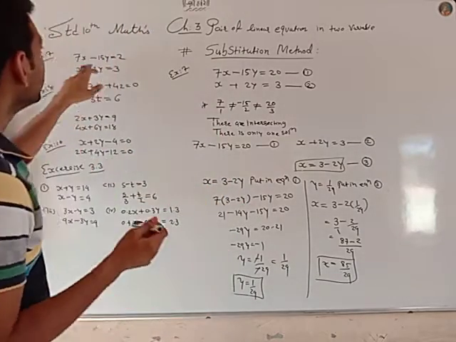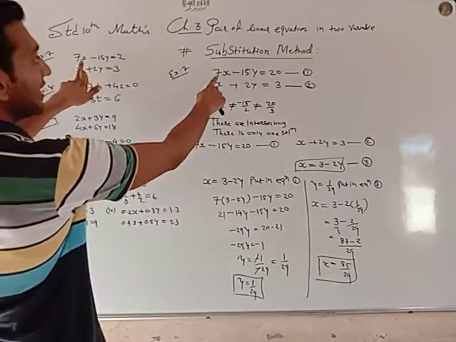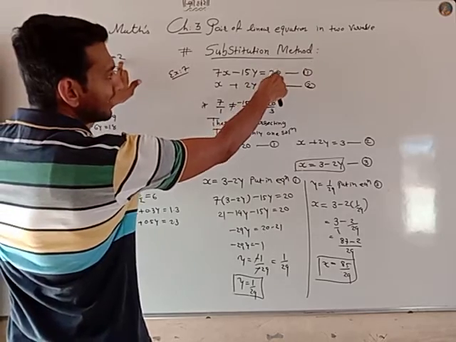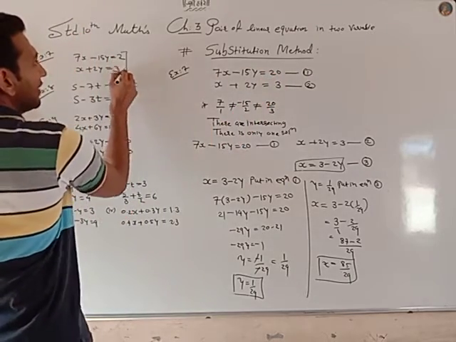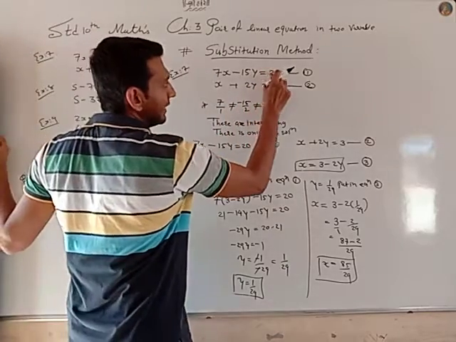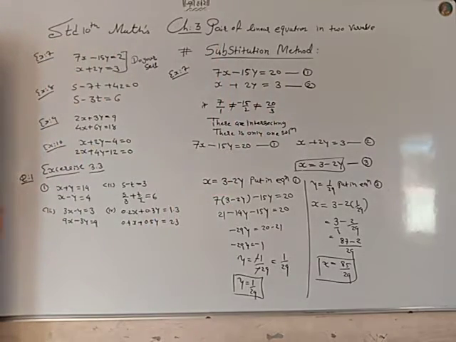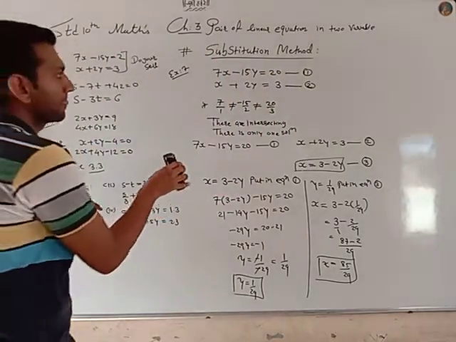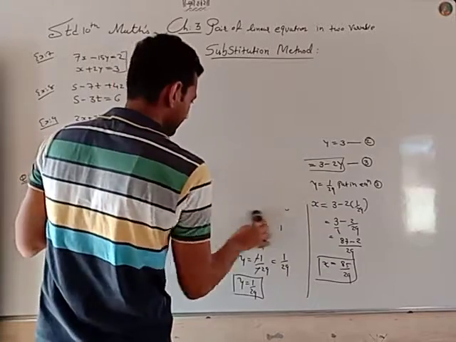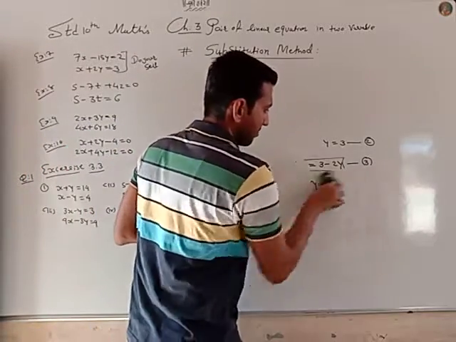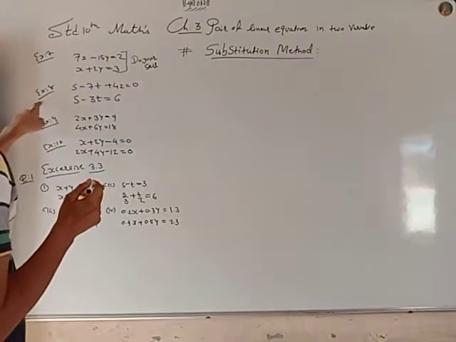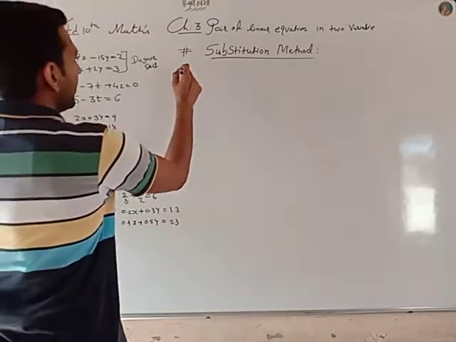And see, in example number 7, the equation is 7x minus 15 is equal to 20 is equal to 12. By mistake I took 20. So do this sum yourself again, the same way, but don't take 20, take 2, and I think you can do it. It's very easy. Now let's do another sum. In example number 8,